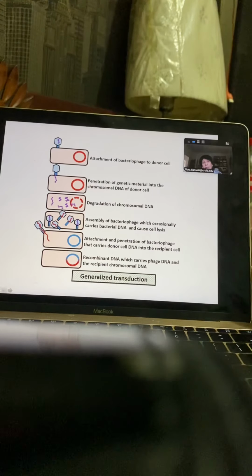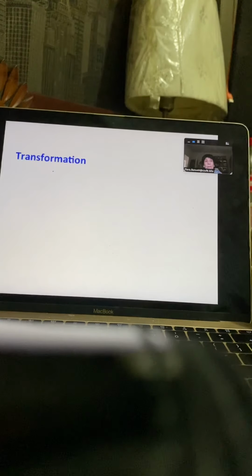They inject this DNA that came from this bacterial chromosome. This is not phage DNA anymore. And then this DNA is incorporated by recombination into the genome of the recipient cell. So this is in a nutshell this process. Not all phages are capable of doing this. One condition is that they do not degrade the chromosome. They cut it in small pieces, but not degrade it. Degradation means complete destruction of the chromosome.